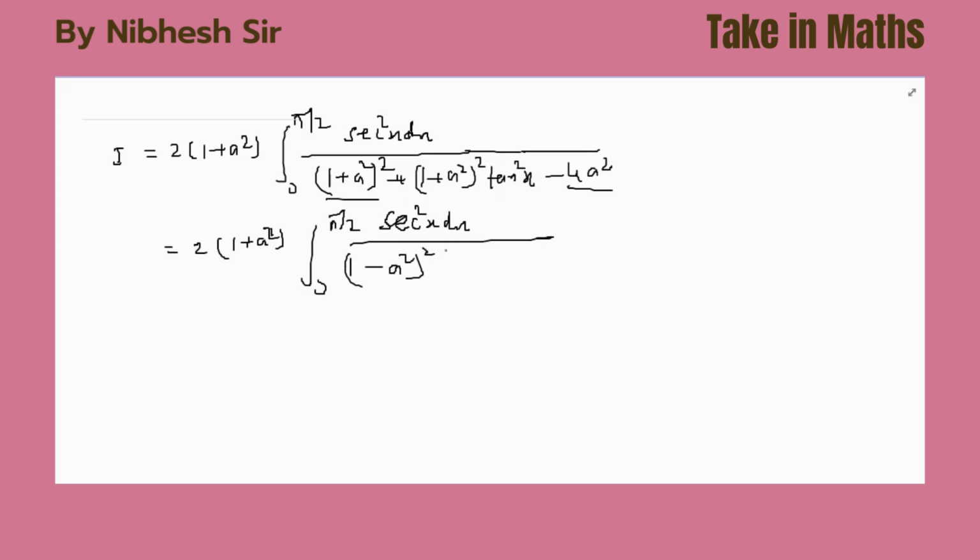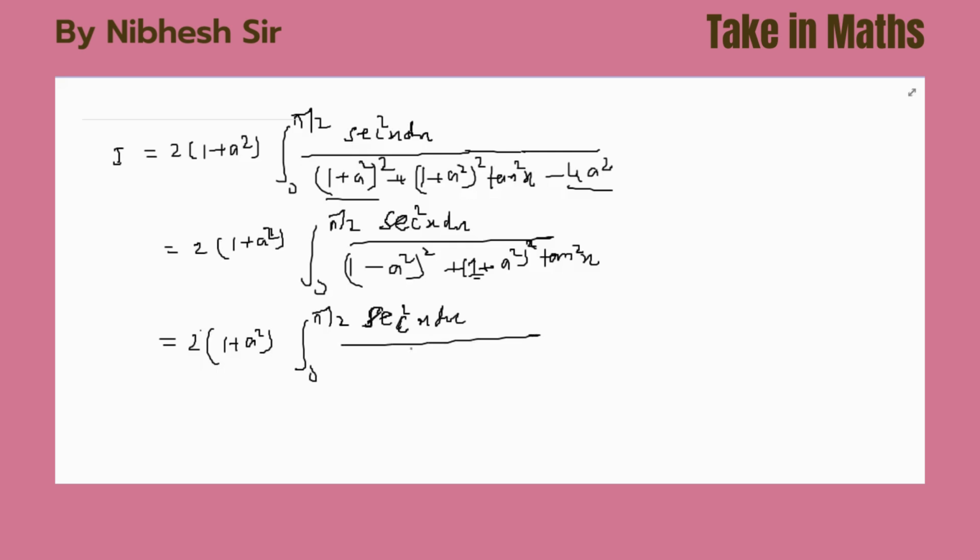So I combine these two results: (1 minus a square) the whole square plus (1 plus a square) the whole square tan square x. Now I take (1 plus a square) the whole square common, so we can write this as 1 plus a square, 0 to pi by 2, sec square x dx,